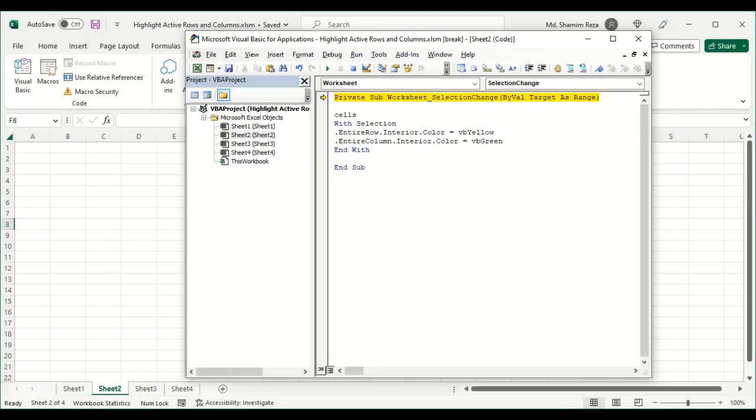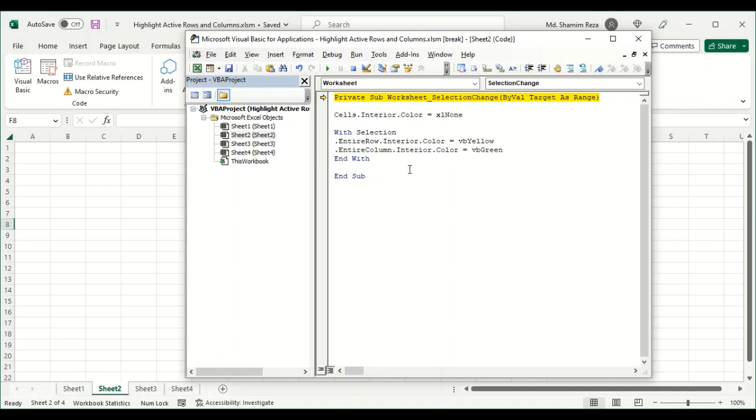Cells dot interior tab dot color tab equal to Excel none. You need to clear everything before applying the new fill color or new background color. Okay, so